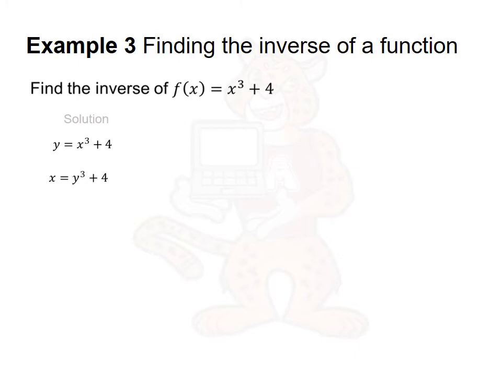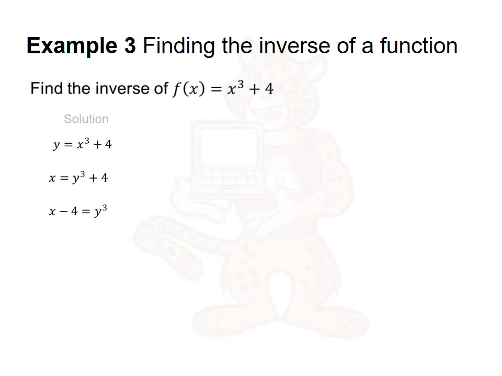And the next step will be to solve for y. So to start solving for y, we need to get rid of the positive 4. It passes to the left side subtracting, so x minus 4 equals y cubed. And finally, to get rid of the y cubed, or to undo the power 3, the exponent 3, what we